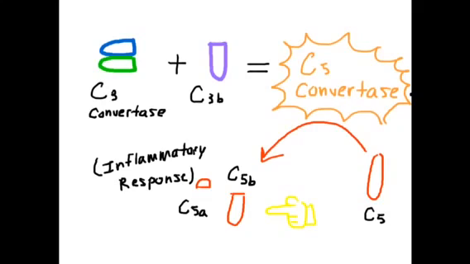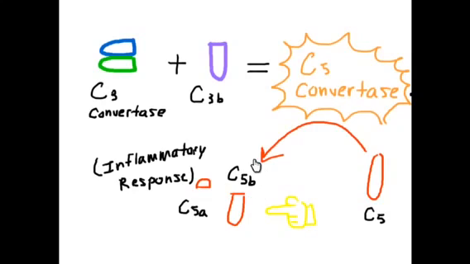It all starts with the addition of 2 proteins to create another structure. You have C3 convertase and C3b. You can get the C3 convertase from any of the 3 pathways, the classical, alternative, or lectin pathway. The C3b is naturally cleaved by the C3 convertase. What will happen is this C3b will combine with the C3 convertase and create a C5 convertase. In other words, you have the addition of 2 proteins to create another protein that now can cleave C5 into